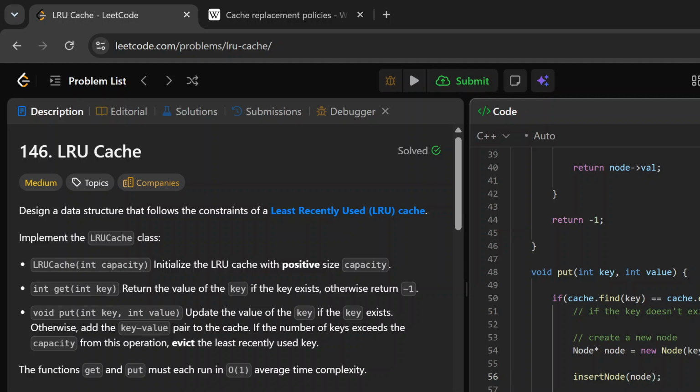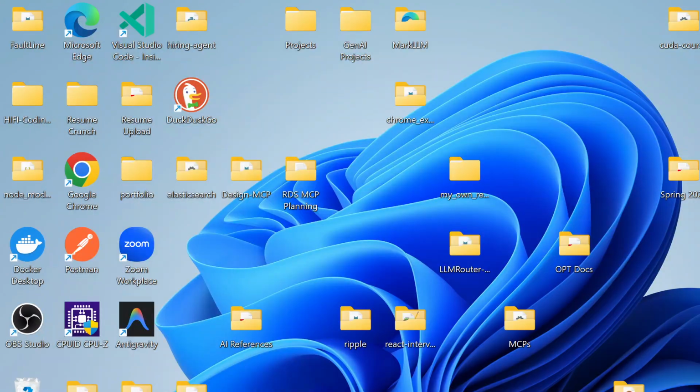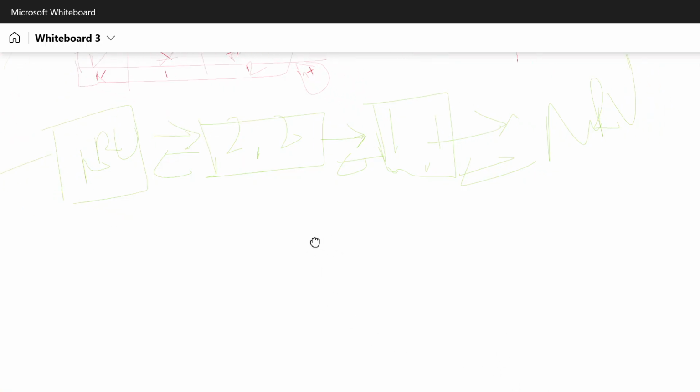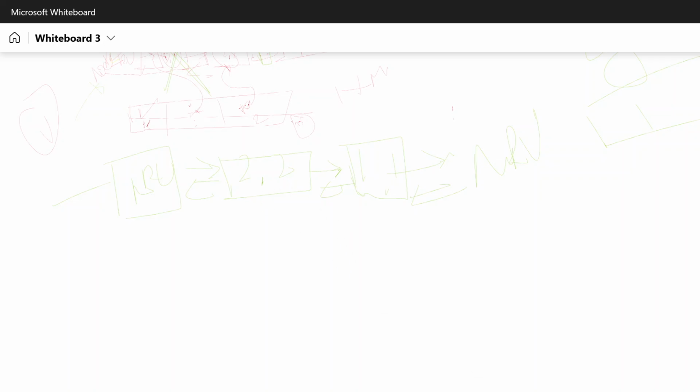One thing I have to be really careful about, it took me a while to figure that out, is whenever I'm doing the insert operation,